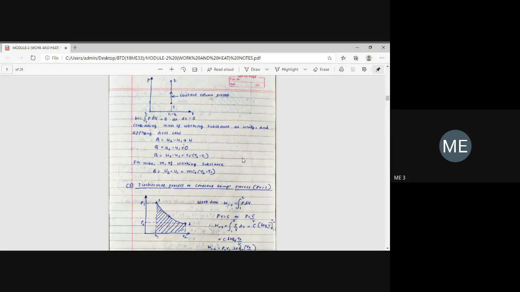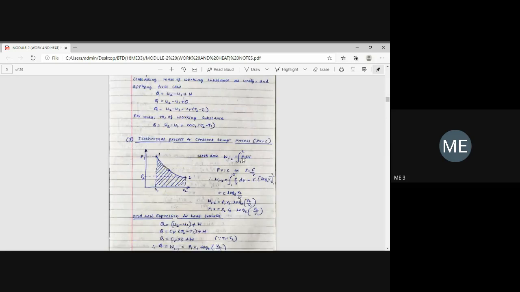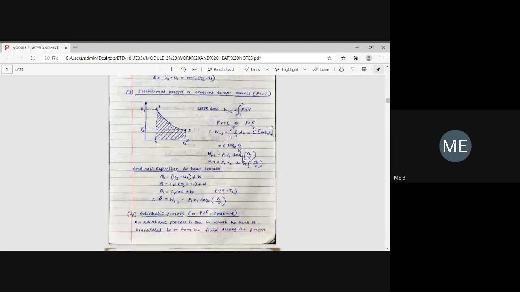The third process is the isothermal process. What is an isothermal process? It is a constant temperature process. It follows a curve like this. We already studied it, and the law is PV equals constant. How do you get PV equals constant? According to the ideal gas equation, PV equals mRT. In this equation, m, the mass of the gas, remains constant, R, the general gas constant, is also constant, and T is constant during an isothermal process. So PV equals constant for an isothermal process.